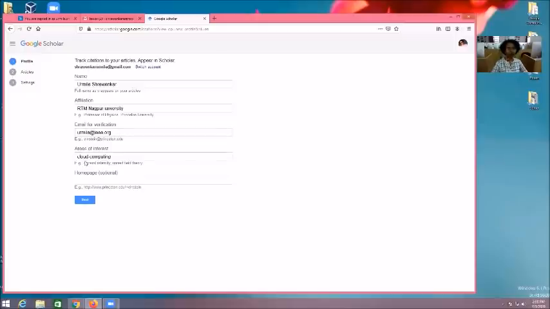Now, what is the area of interest? Afterward you can also edit it, no problem at all, but you can write something. If you have a home page, you can add it. Yes, I also have a home page.